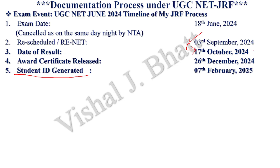If you have qualified JRF earlier and are clearing the PhD process afterwards. In my case, it is the second case, where I first registered as a full-time PhD candidate, and then I qualified JRF, and then I registered and am working as a full-time research scholar. See, if you have taken admission and the date of result, you are getting your result,